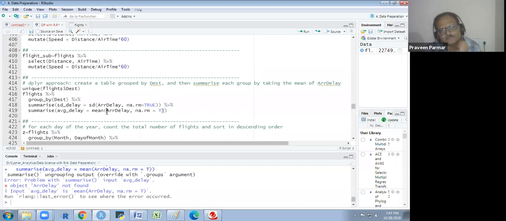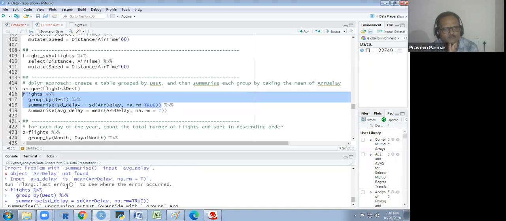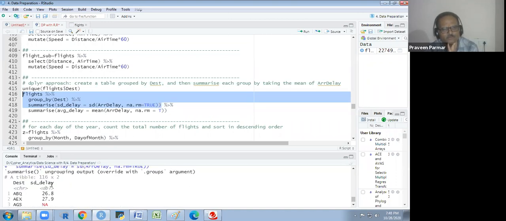Okay. Group by destination. We are getting these two columns only here. We do not get that third one. So we are not getting arrival delay again.